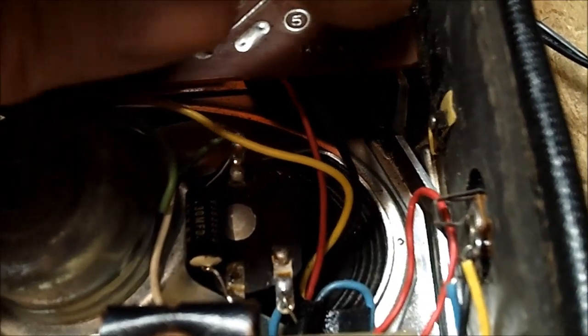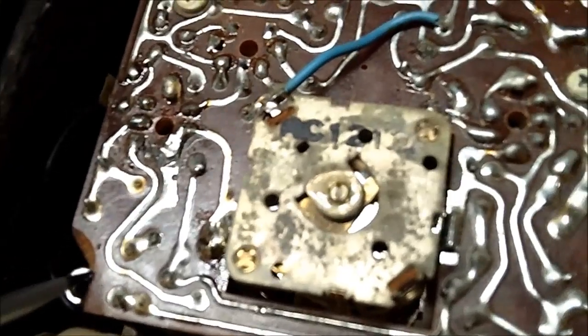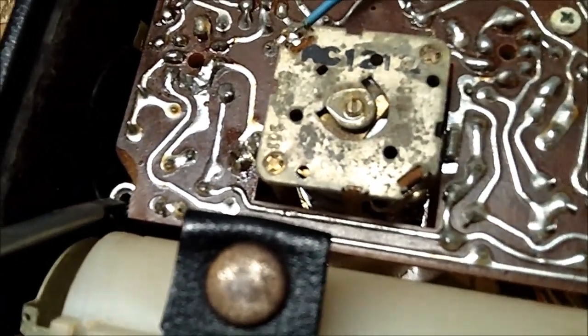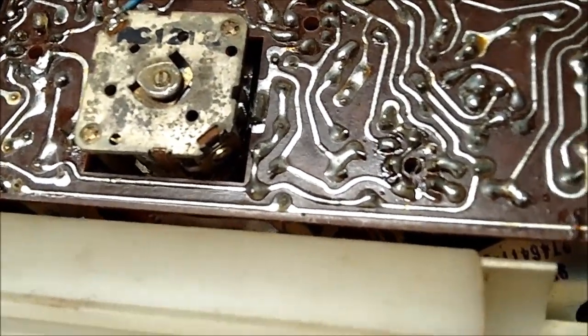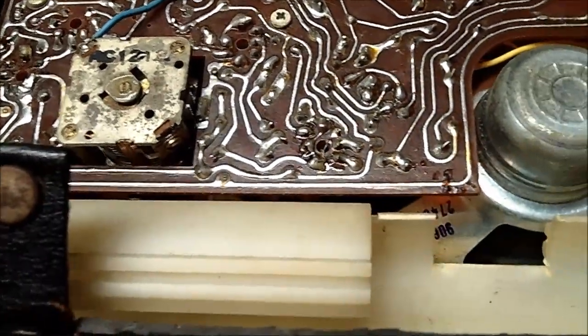I think that's an adjustment. I don't think that holds it. I think it's these screws here, this Phillips right here, this Phillips here, this Phillips, and this one, which I'm going to put back in, but it is not going to hold anything. Definitely something wrong, but I'm not going to pull this out,